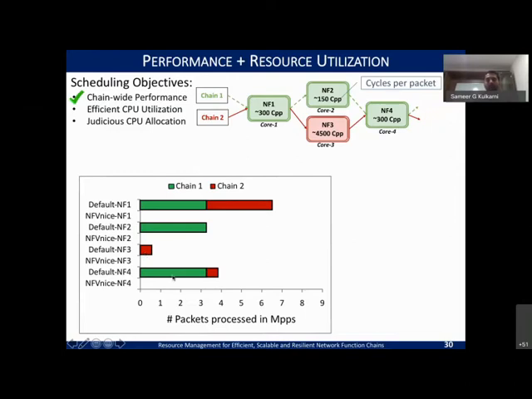So overall, your throughput is greatly reduced. That means even when the scheduler is not really employed, how you multiplex and allocate the resources for different flows can greatly impact the overall performance, right? Because the red here was lost. And then we deploy NFV nice and see how this operates.